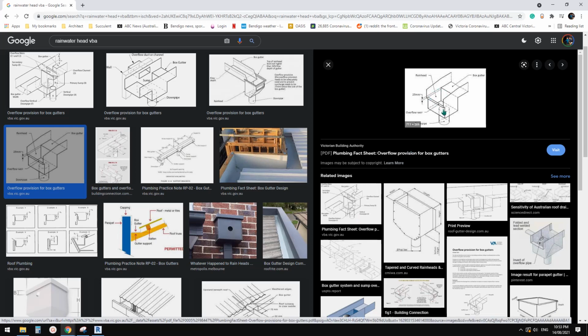Rainwater head width will always equal the width of the box cutter. For example, if you have a 300 box cutter, you always have a 300. I think at least. If you want to, you can have a wider one, but you can't have a narrower rainwater head than the box cutter. So if you have a 500 box cutter, you need a 500